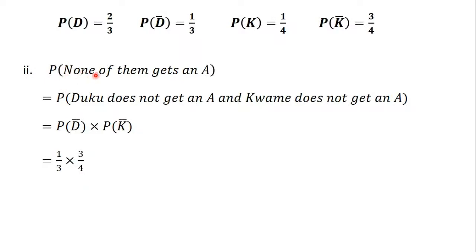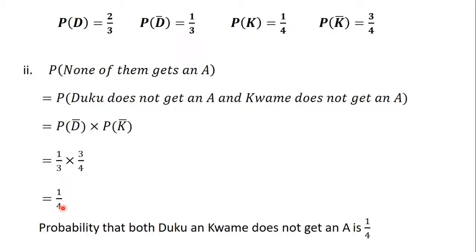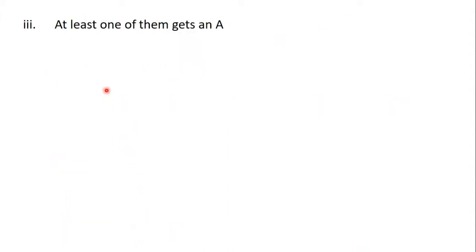So the probability that none of them gets an A is equal to 1 divided by 3 times 3 divided by 4, which will give us 1 divided by 4. So we can say that the probability that both Duku and Kwame do not get an A is 1 divided by 4. The last part of the question says that we should find the probability that at least one of